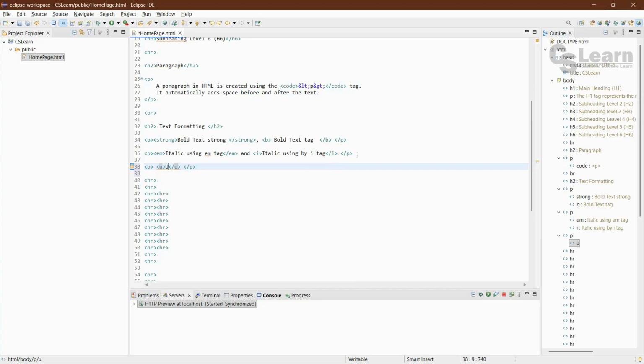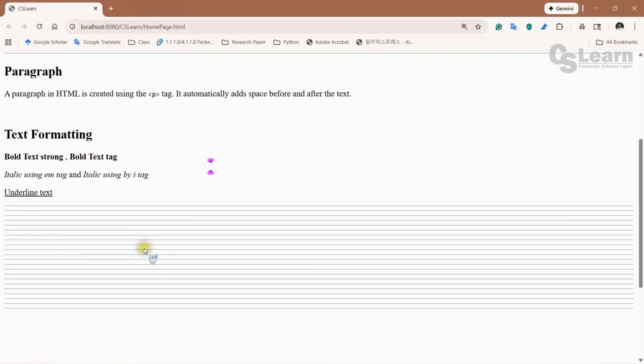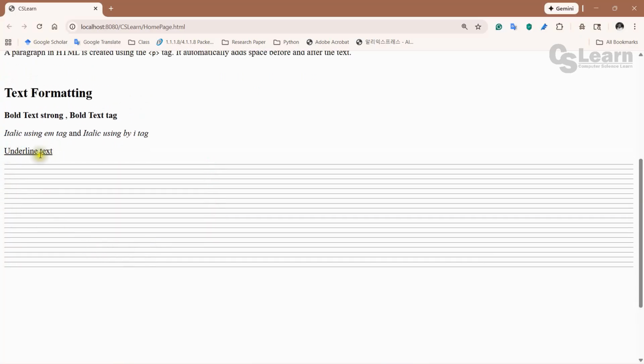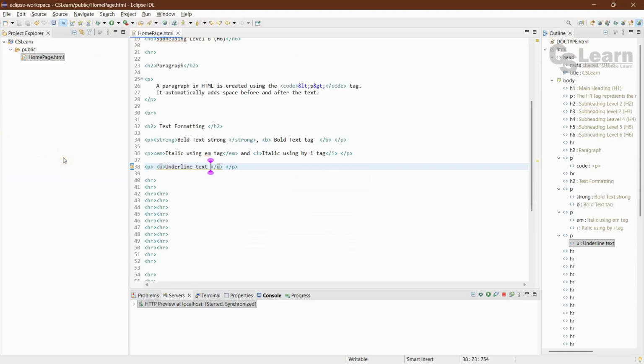This is for underline. If you want to underline the text, you can use the u tag. So now you could see that the underline works. And next,